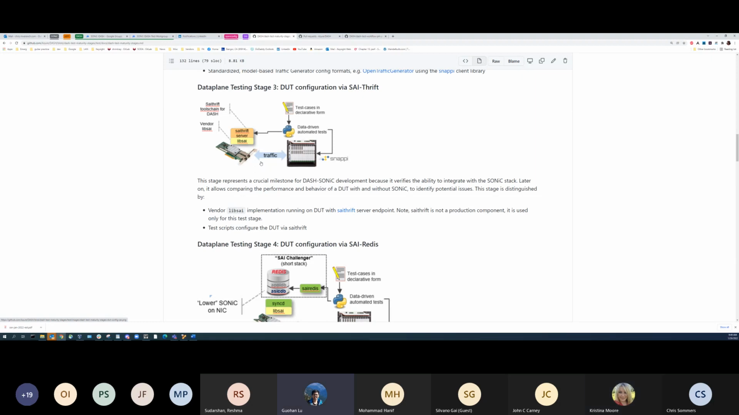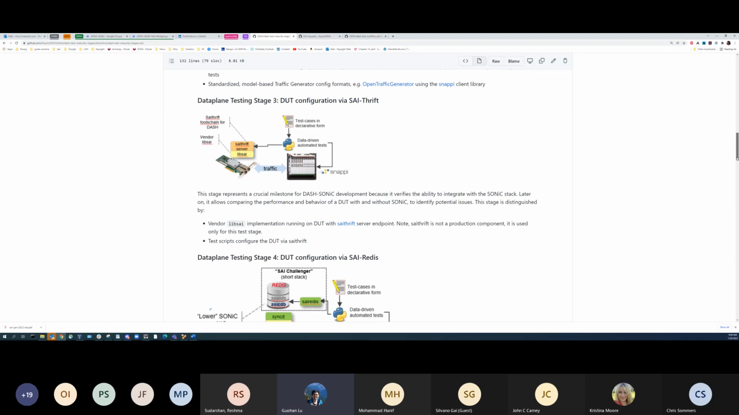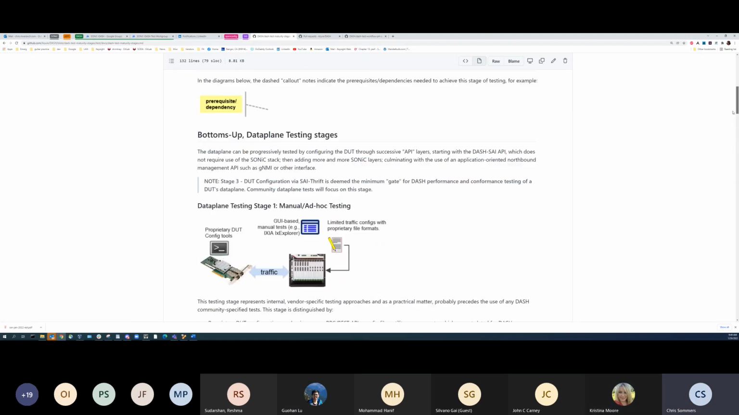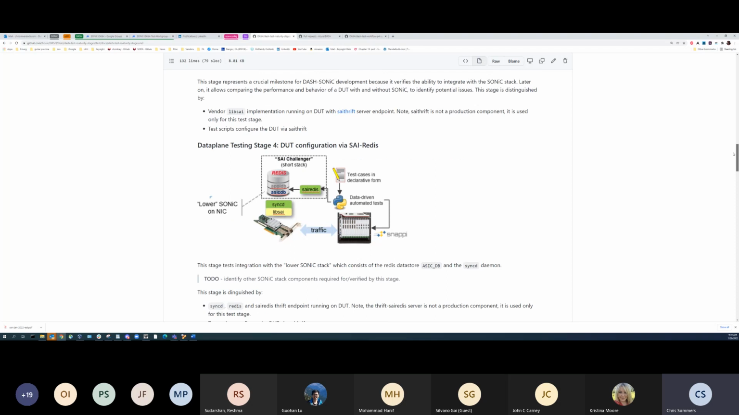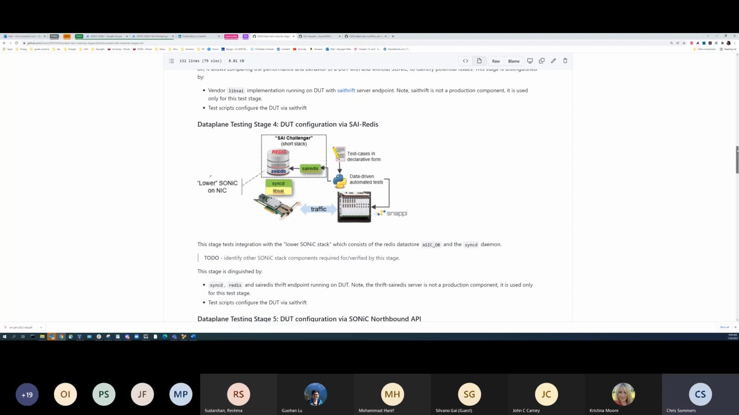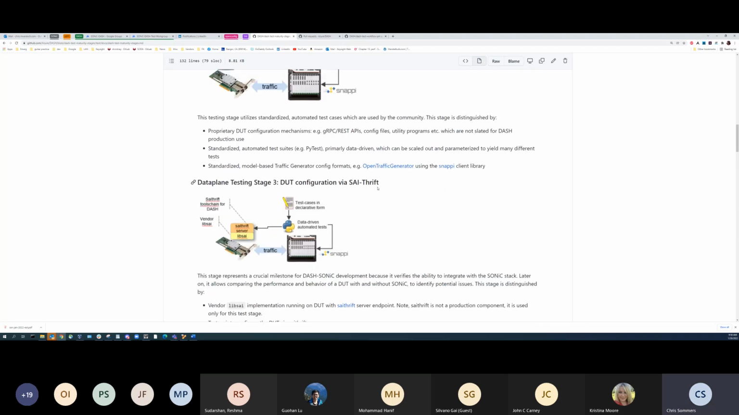Yeah. So that's been working on the side for the qualification part, the SideShift, right? And I stated here, stage 3 duct configuration via SideScript is deemed the minimum gate for dash performance and conformance testing. So that was my proposal, and I think we've basically come to that conclusion. And I think stage 4 here, when we get to that point, people will decide what works for them. I don't think it necessarily is a conformance test, but as Gohan has alluded in the past, this